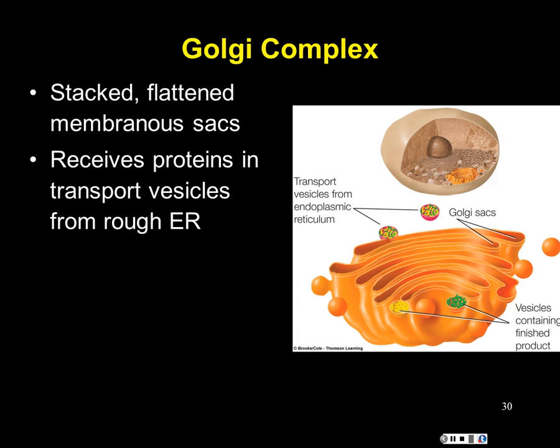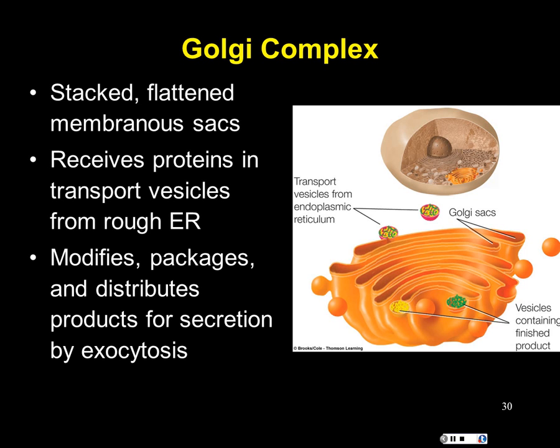So we identified already that it does receive proteins that have been sequestered in transport vesicles from the rough ER. We also identified it makes modifications, packages, and distributes these little proteins for secretion. The process is called exocytosis. I think it's chapter 4 that will really look at what exocytosis is, so I'll come back to that hopefully by Thursday. But basically,